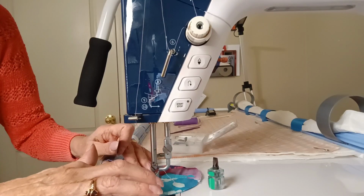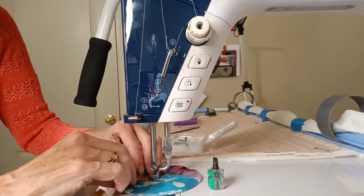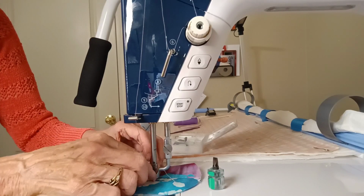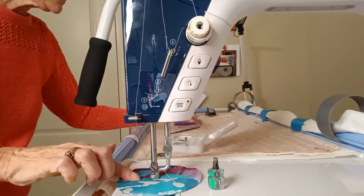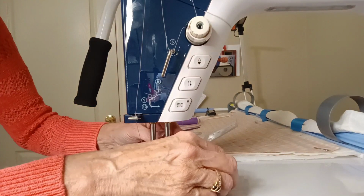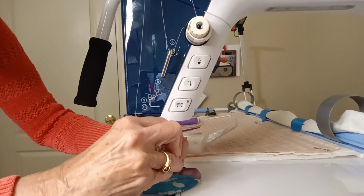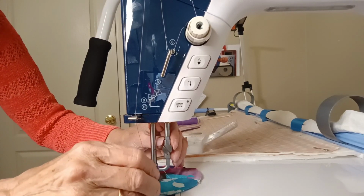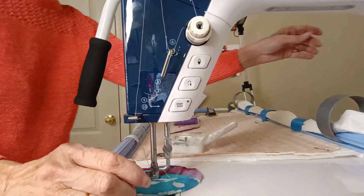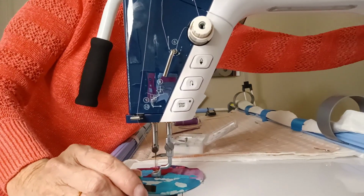And that's why I like the cloth there, so you're not unintentionally scratching your needle plate. So now that that's about where you want it, go ahead and take that little screwdriver and give it a twist to keep it tight. Now you can raise your